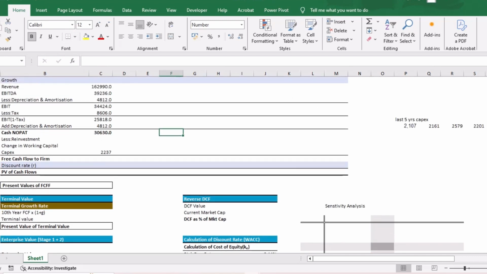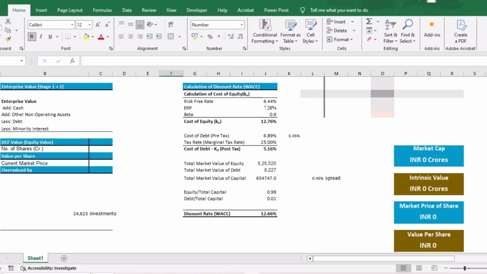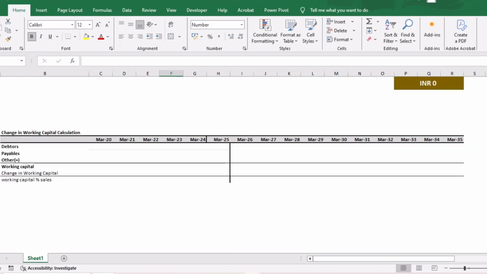Now coming to change in working capital. So this is our change in working capital plot. So working capital consists of majorly three portions. See, there are two formulas. First formula is current assets minus current liabilities. But we will not be using this because DCF calculates the enterprise value based on operations, and current assets also include other investments. Okay, so for DCF, working capital equals, I will write for you,